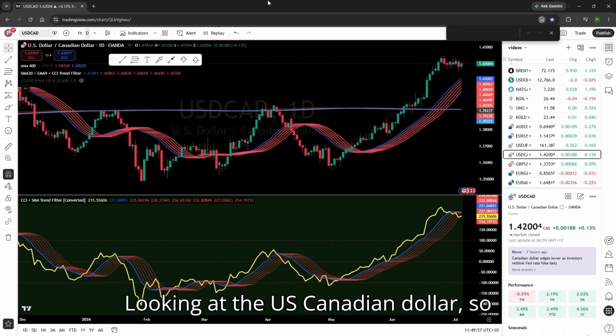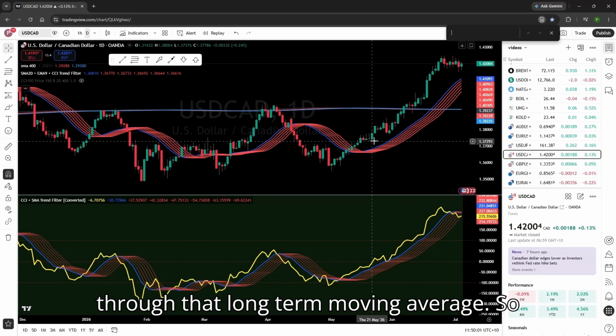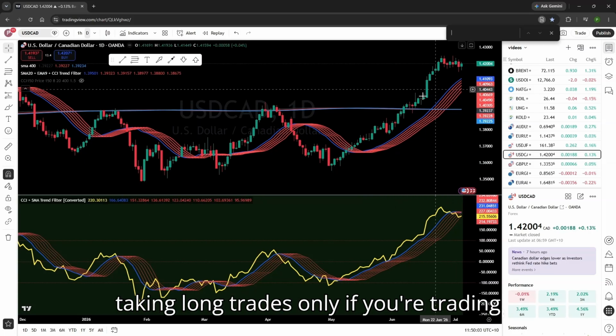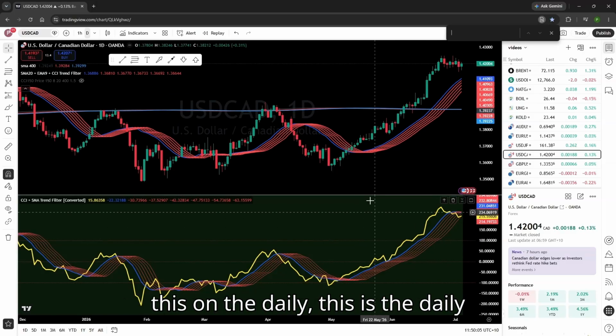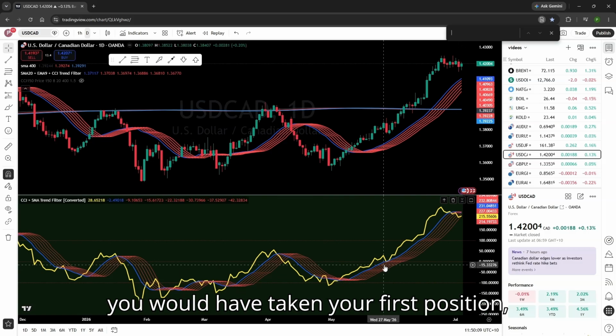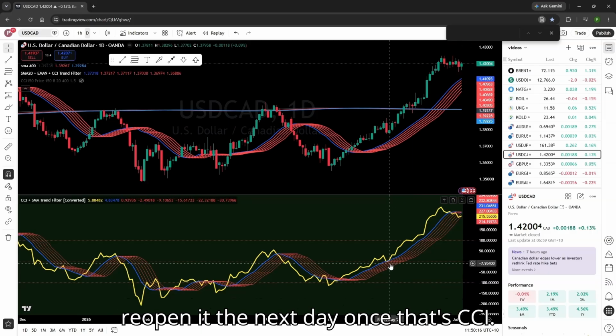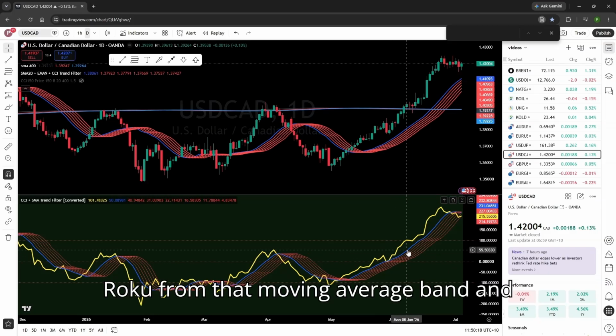Looking at the US Canadian dollar. Here we've had a nice strong run up through that long-term moving average, so taking long trades only. Now, if you're trading this on a daily, this is the daily chart. If you're trading this on a daily, you would have taken your first position, closed out on that red candle,